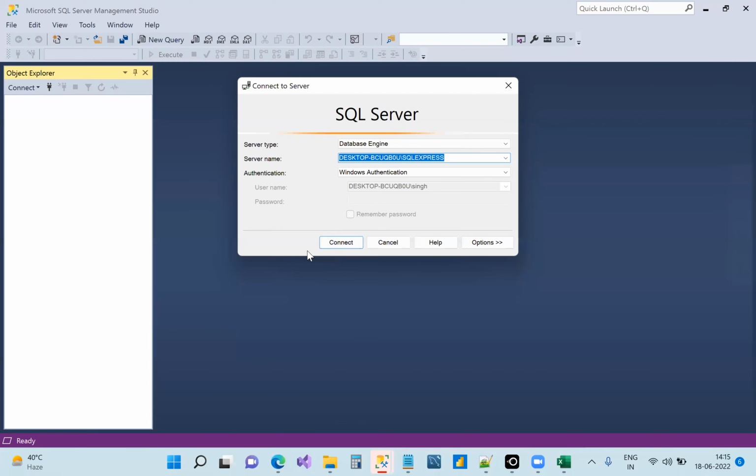So when you open your SQL Server Management Studio, this is going to open Connect to Server. I told you SQL Server is what? A database management system that we're doing, so it has a lot of databases. First, it will ask what server type you want to connect to. You'll be downloading all these things and it will automatically come: database engine. Server name, I'll tell you how to download. Server name will come, and authentication Windows will be the default. When I do connect, you will have to do this every time you open your SQL Server, remember.